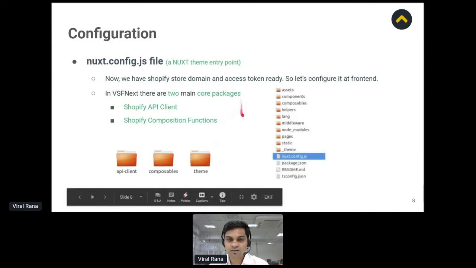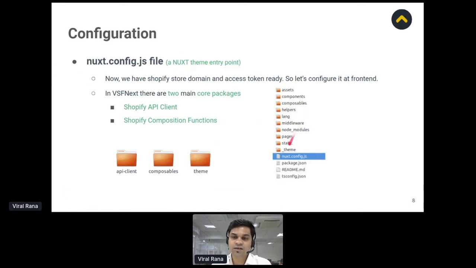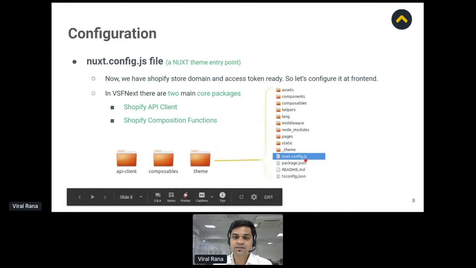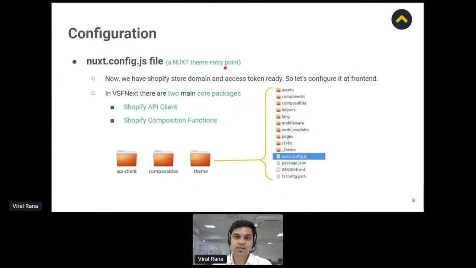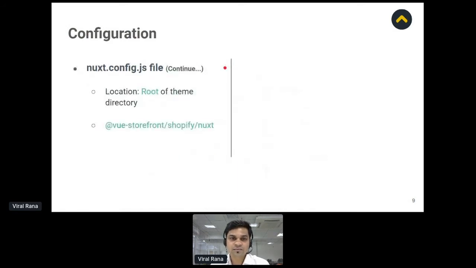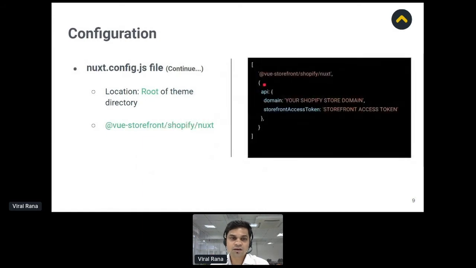At the core root of the theme directory, you can find the nuxt.config.js file, which is the entry point of the Nuxt theme. So let's configure the credentials which we have retrieved from our Shopify backend. First, open the nuxt.config.js file, and into the @vue-storefront/shopify-nuxt section,